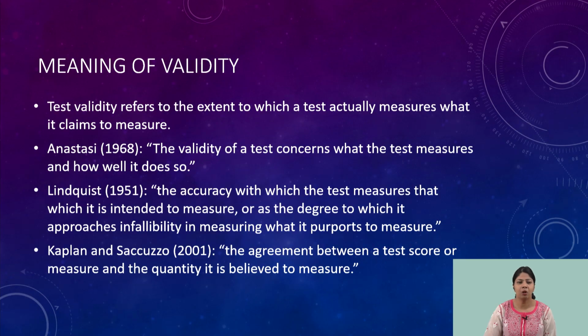So in terms of psychological testing, validity refers to the extent to which a test measures what it claims to measure. If it is an intelligence test, then it is claiming to measure intelligence. If it is a personality test, it is claiming to measure different aspects of personality. So whatever it is claiming to measure, how well is it actually measuring what the thing is in truth? Whatever the person's intelligence is, how accurately is the test measuring that? That is what is meant by validity of a psychological test.